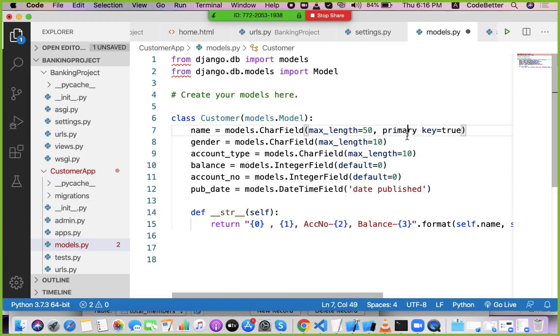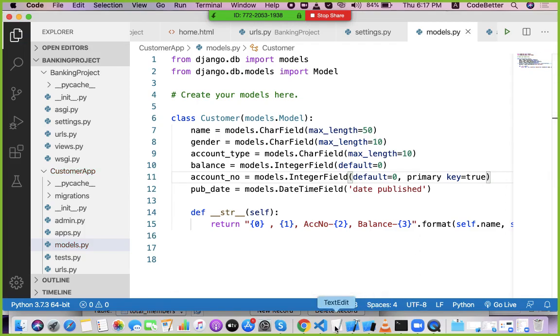You should be well aware of the purpose of a primary key: the data inside the primary key should be unique. So in our case, you can make account number the primary key.